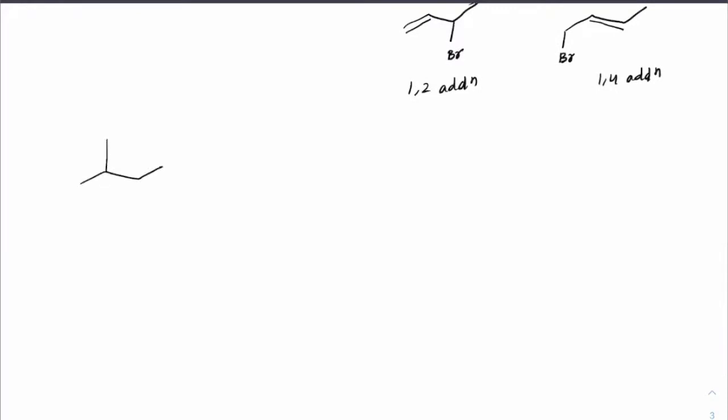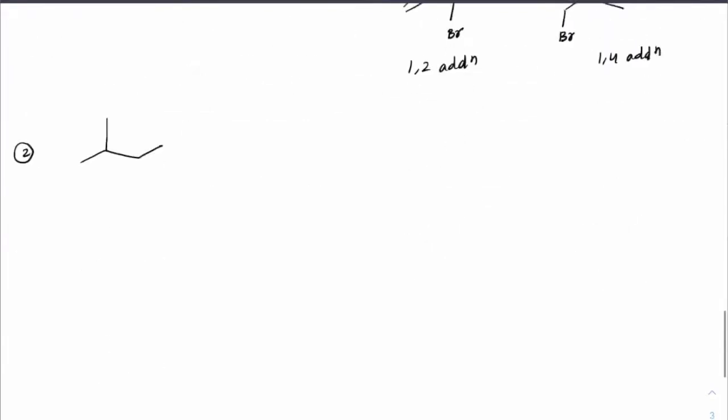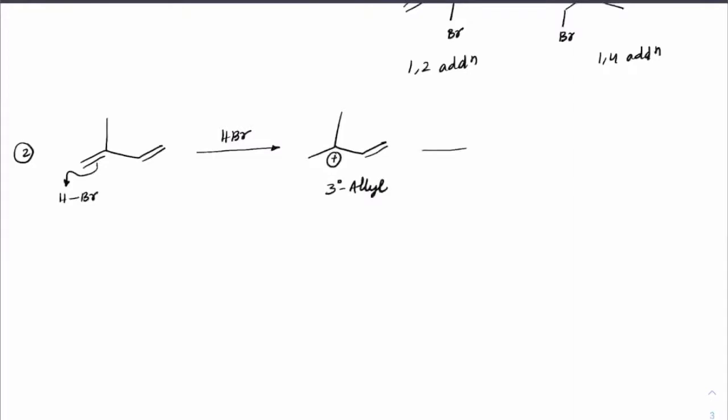Suppose, let me take this as the second example. This is the first example. Suppose you have a double bond here, a double bond here, and I make an HBr addition. The HBr addition will always happen in such a way that it creates a more stable carbocation. So we can check that the more stable carbocation forming will be here. This is the more stable carbocation formation. So you can see this is a 3 degree allyl, which will be in resonance stabilization with a 1 degree allyl. This is the 1 degree allyl.